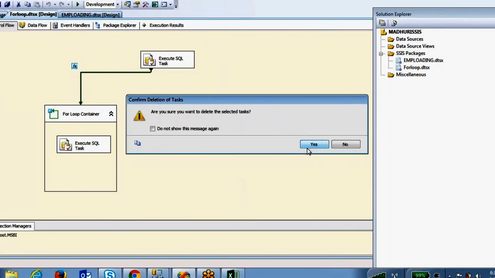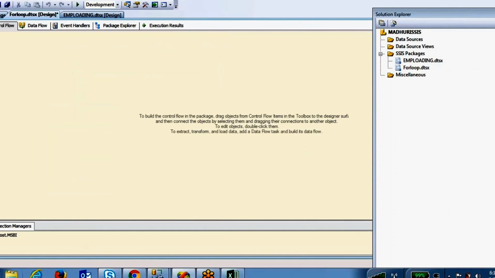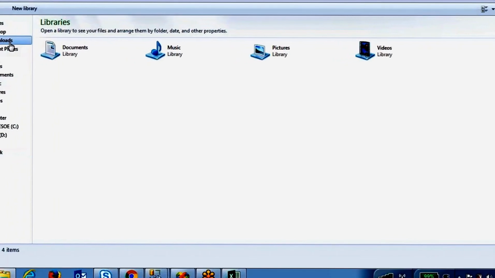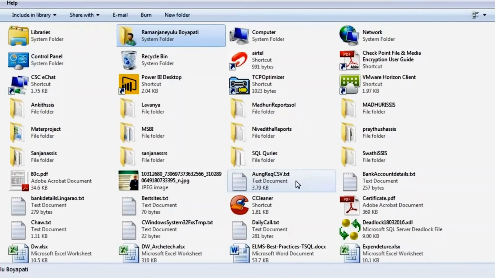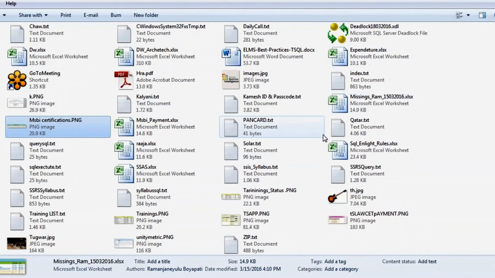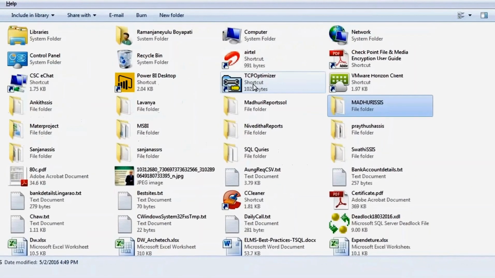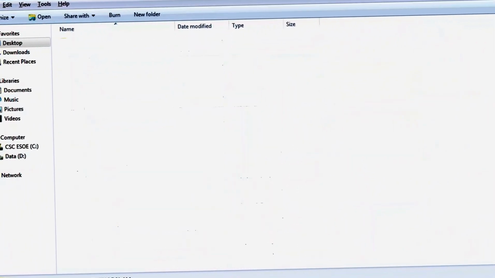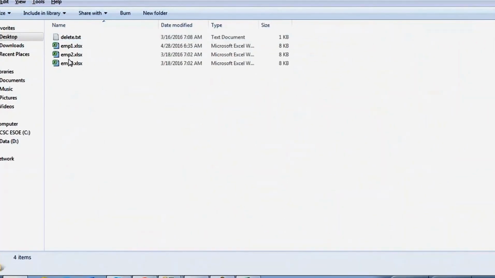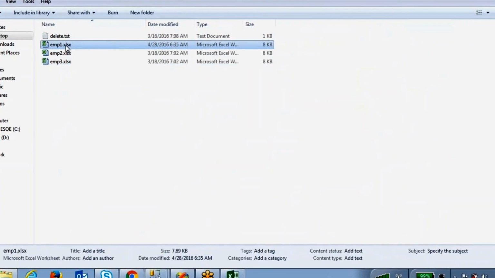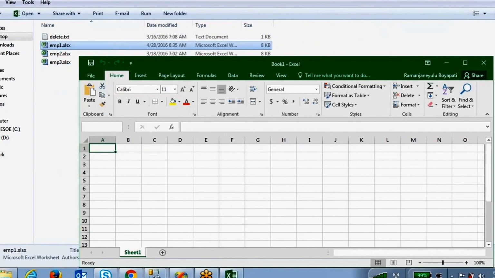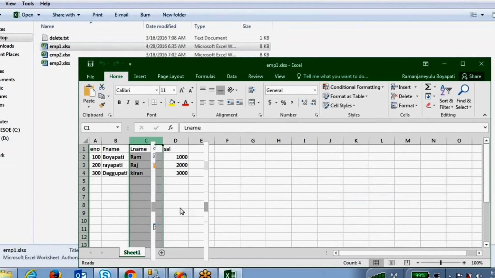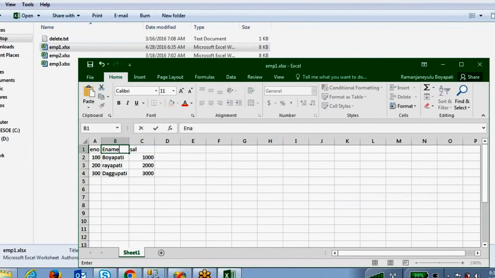So now I'm going to explain the for each loop container. I have some Excel files in a folder. In this folder, these are the three files I have: emp1.xlsx, emp2.xlsx, emp3.xlsx.